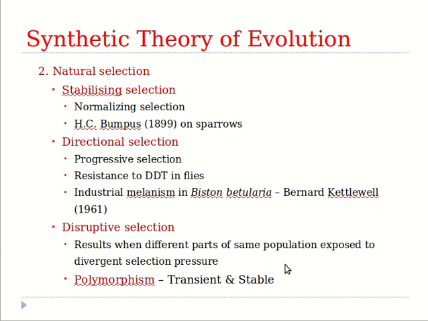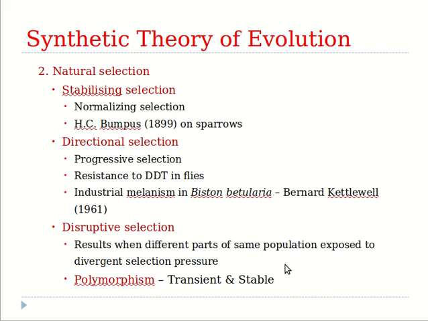So welcome back. We have been discussing the different types of natural selection, and the third type of natural selection is disruptive selection. Disruptive selection results from the exposure of different parts of the same population to divergent selection pressures. That means if there is a population of individuals of a particular species, and just imagine some of the individuals are exposed to one kind of selection pressure and the rest of the population is exposed to another